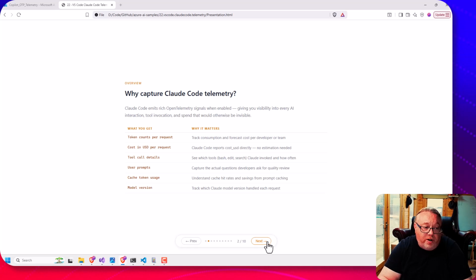So why do we want to collect data? Imagine we've got a team of developers and they're all doing their own thing and they're all using Copilot or Claude Code. We want to capture info about what they're doing. So here we get the opportunity to centrally log tokens per request, cost per request, user prompts, token utilization, and model utilization. So this can really help us holistically look at what our dev team's doing and help to optimize